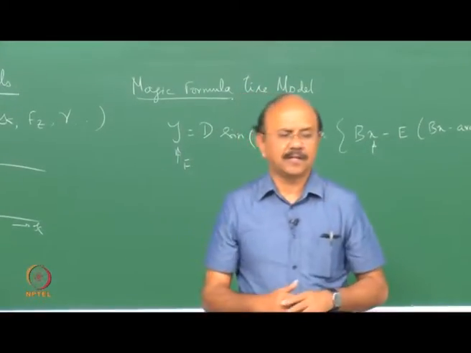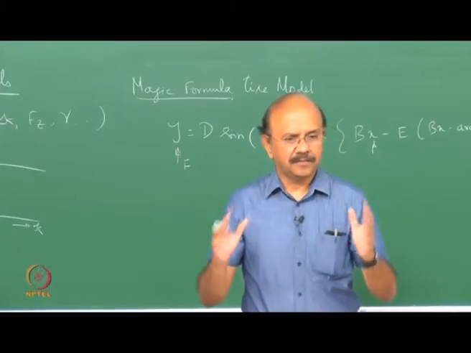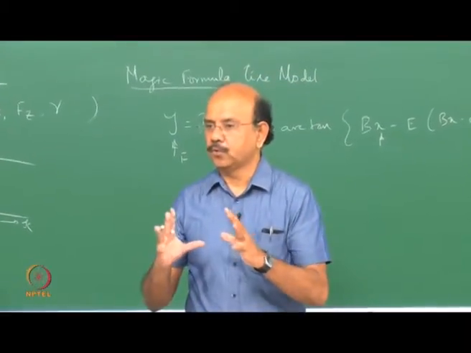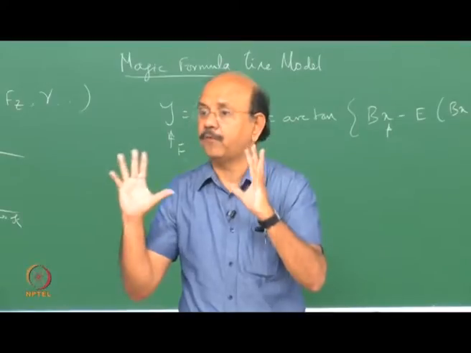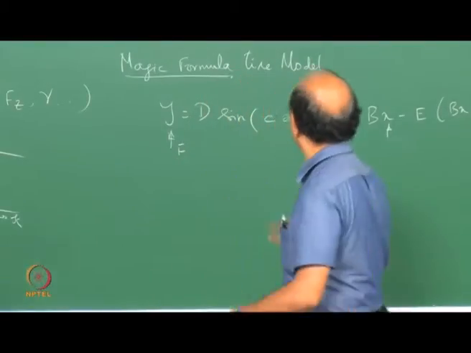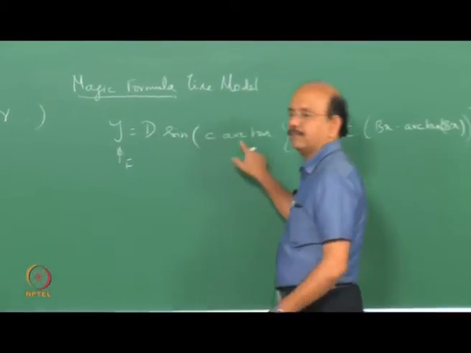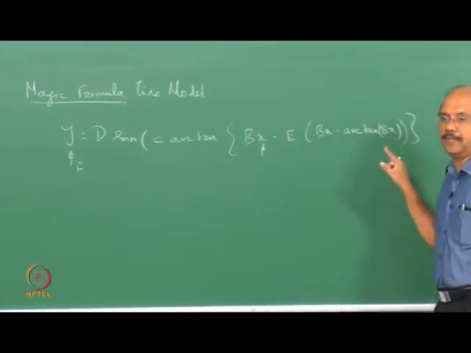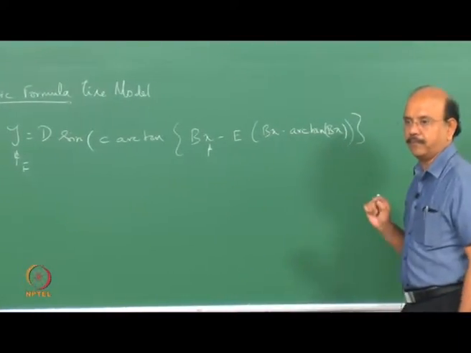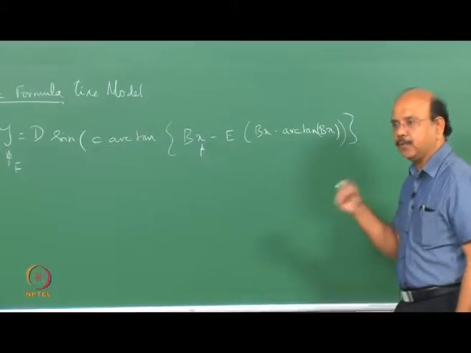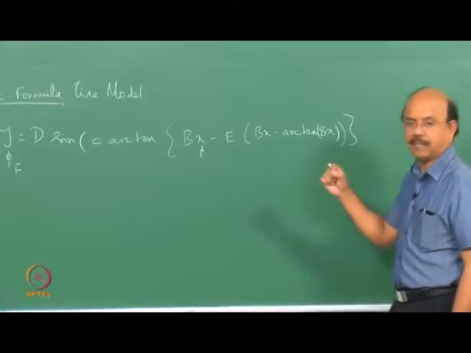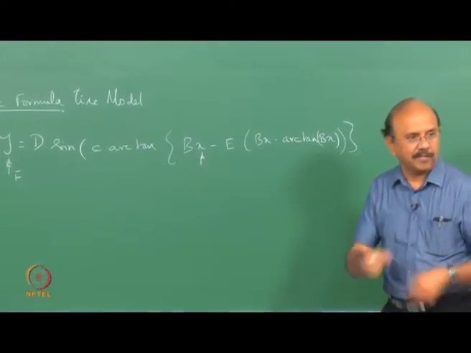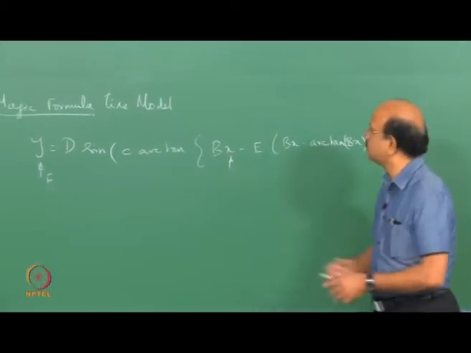There are other things that are there, like turn slip. Let's now concentrate on these 3. So you have the same form. Doesn't mean that you'll have the same values. These values of D, C, B, and E, what they are, we'll see in a minute. How did they come here? Why is this so complex?